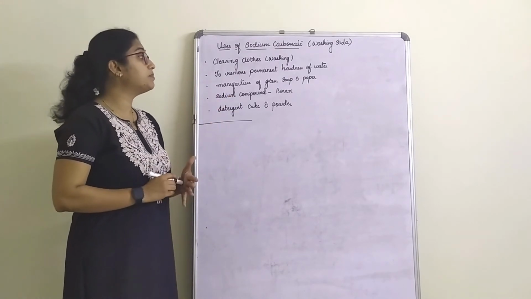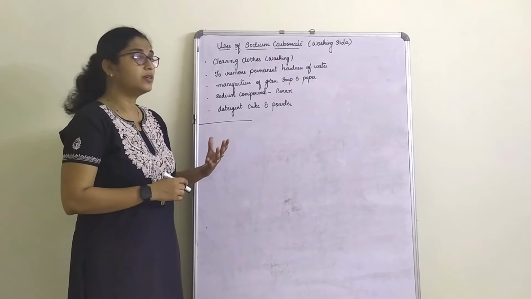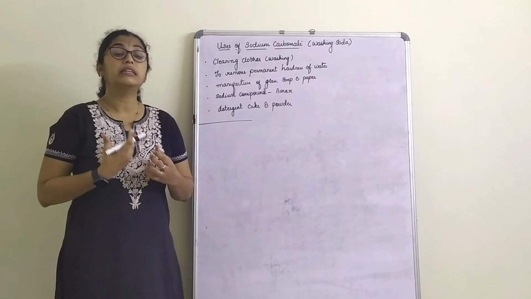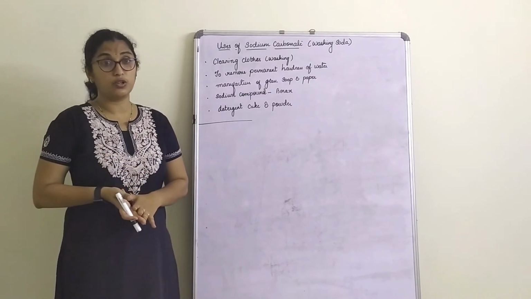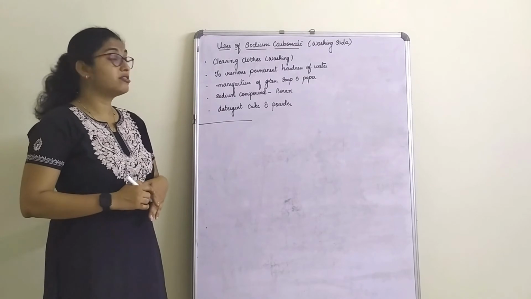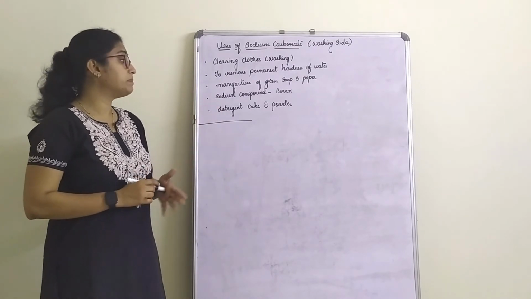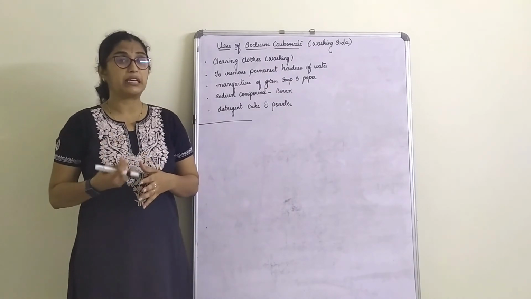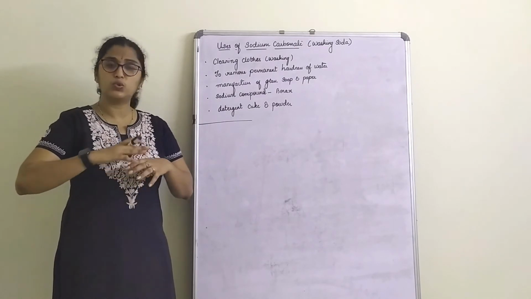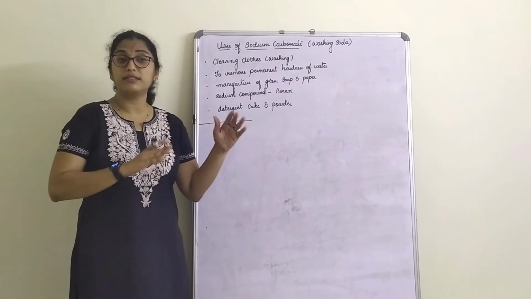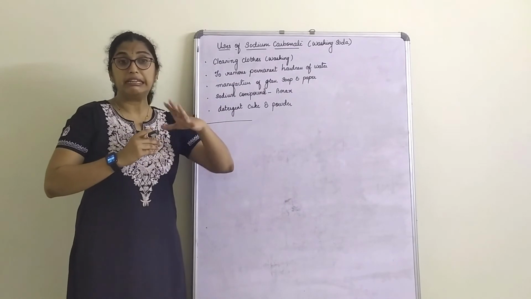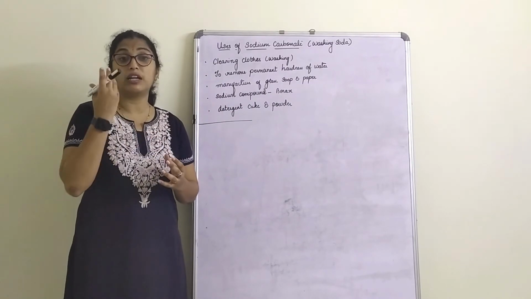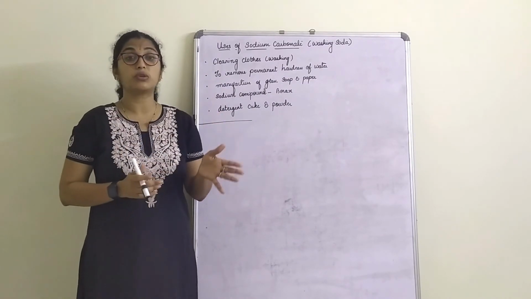It is used to remove permanent hardness of water. What is this permanent hardness of water? There are some salts we add to the water so that we can remove the permanent hardness. It is used in the manufacture of glass, soap and paper. It is used in preparing a sodium compound called borax. Now borax is a type of chemical used in the laboratory. It has extensive use. A type of borax is used in cleaning, removing stains, molds, etc. And a type of borax powder is also used as an insecticide, that is, to kill insects.